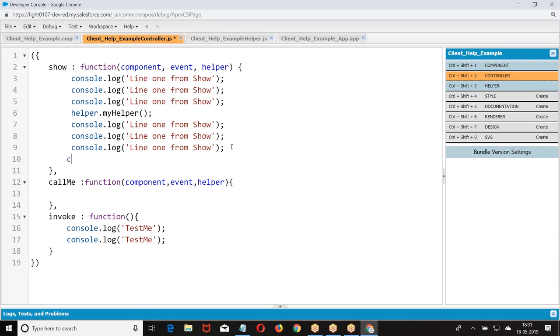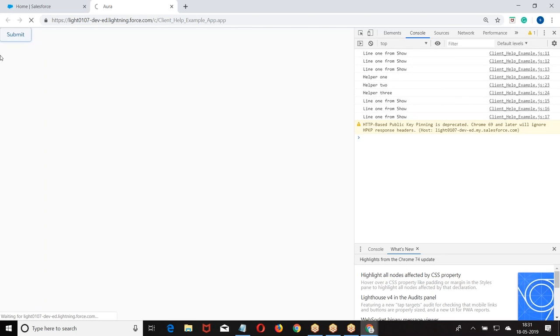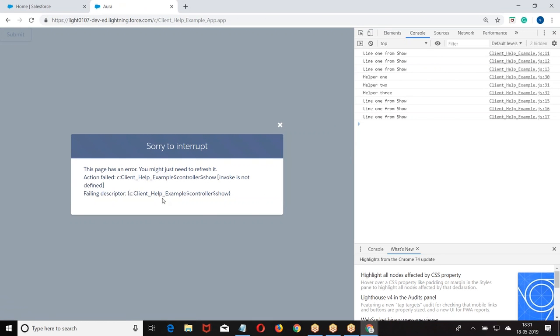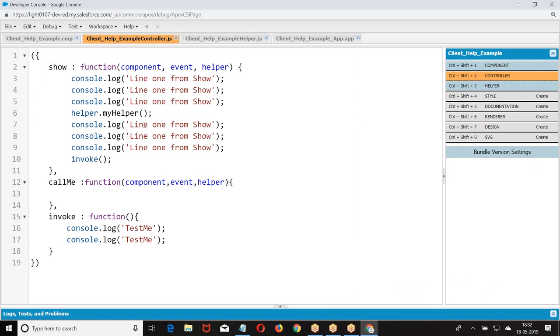I was calling invoke here. Let us go back to the component. So what is the functionality that is running? Invoke is not defined. But already I defined invoke here. Already I defined invoke.